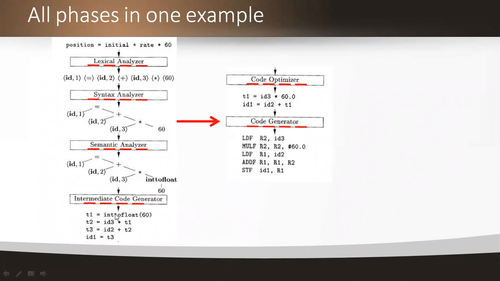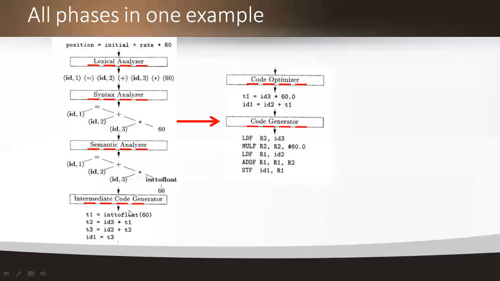Now this is the output from the semantic analyzer, and this is taken as input to the intermediate code generator. After the intermediate code generator runs, it gives the output in the form of an intermediate code representation. We have different types of representations, but we are choosing the three address code representation for storing these tokens in temporary variables. See here, T1, T2, T3 are the temporary variables.